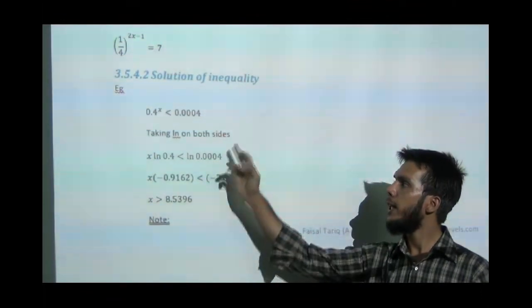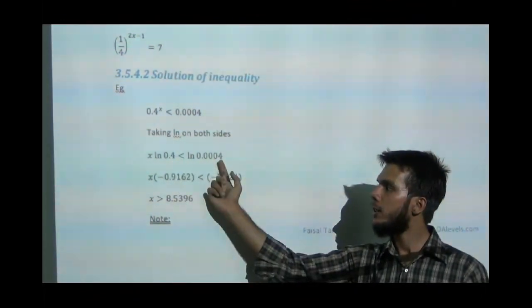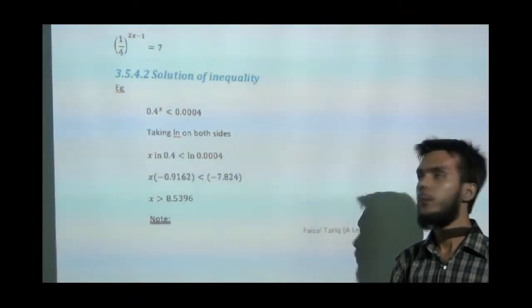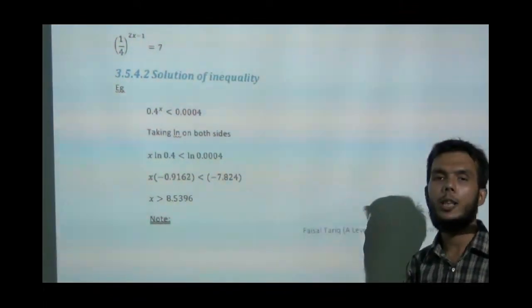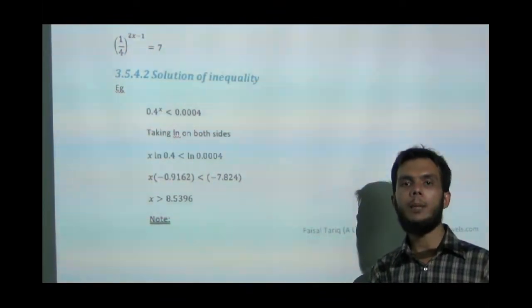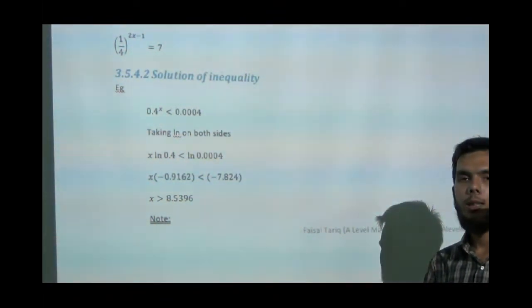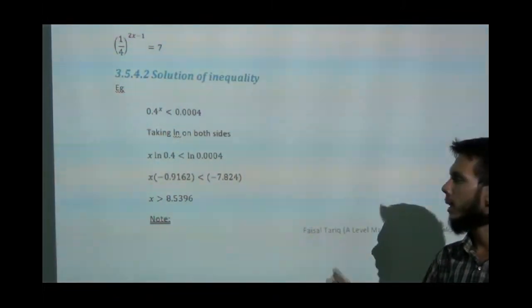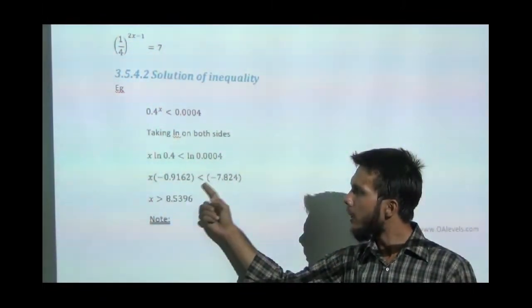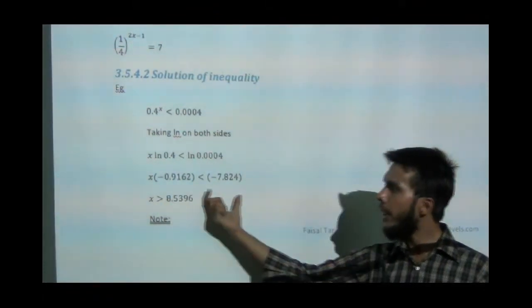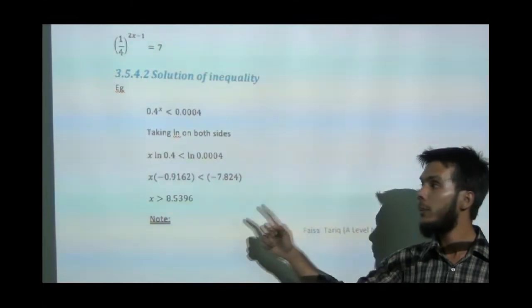काम वही करना है, applying ln on both sides, you will get this. और फिर आपके पास 0.4 का logarithm नेगेटिव है, इसी तरह से 0.004 का logarithm नेगेटिव है. Log of any number less than 1 is negative, log of any number greater than 1 is positive, and log of 1 is always 0. लेकिन मसला यहाँ तक नहीं है. The problem comes over here. When you take this number and try to divide it, you have to keep this in mind that this number